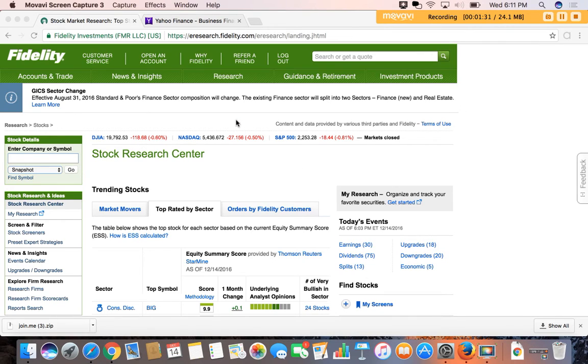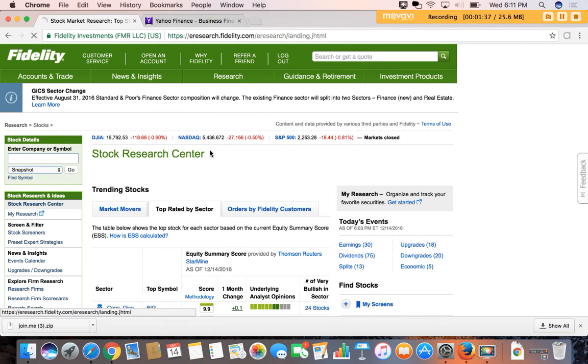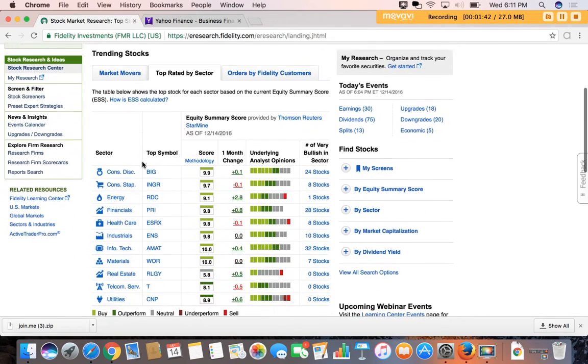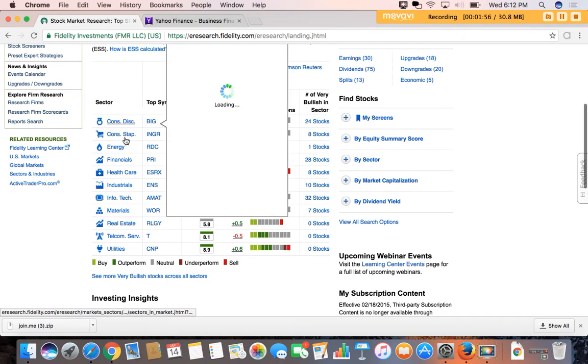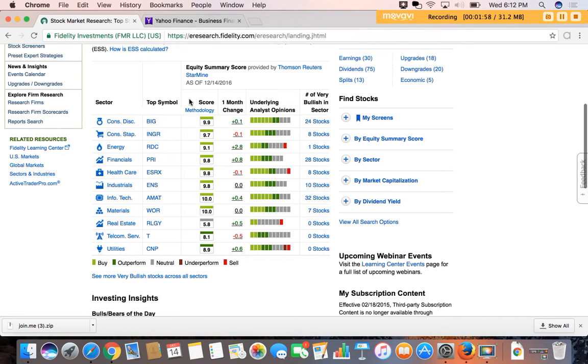Once you have a Fidelity account, you can create an account with them and then come over here to research and go to stocks. And that brought me here. And this is the Stock Research Center. So you can see over here there's a whole bunch of information that you can look at. In this area you can see market movers, you can see top rated by sector, and then you can see all the different sectors, some of the symbols, the scores, so analyst scores, their opinions, and